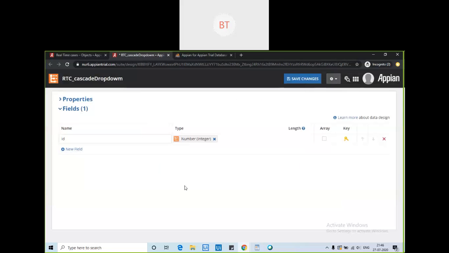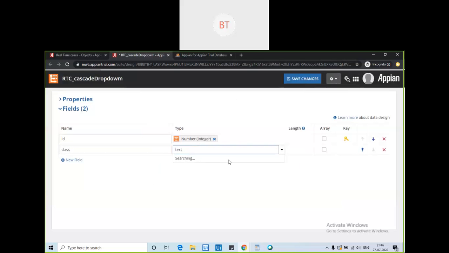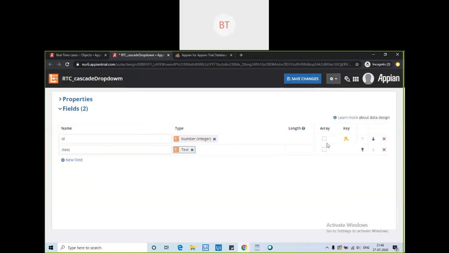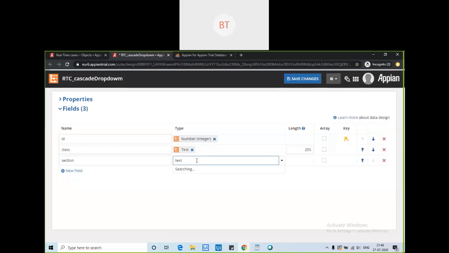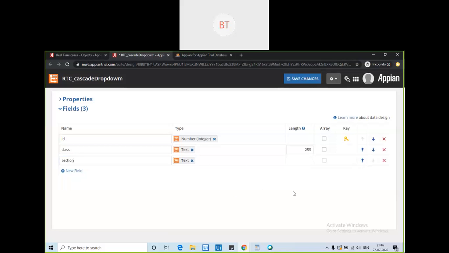Then next will be our class. Class, I am keeping this as text just to make this simple. And then section. So we are done with our small CDT.